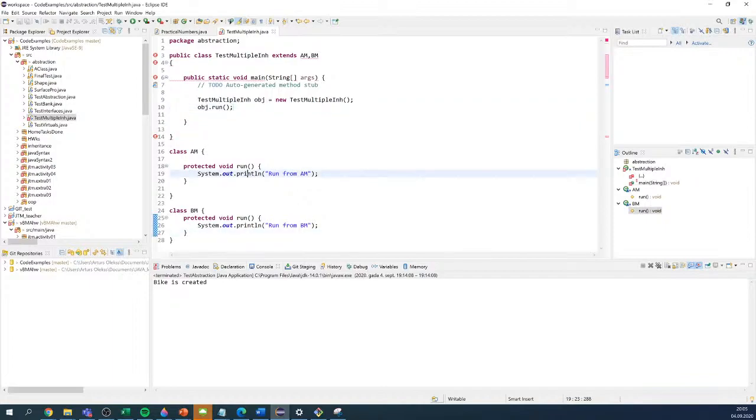Because we have two methods from two different superclasses, and it doesn't make sense at all, right? But for the interfaces,